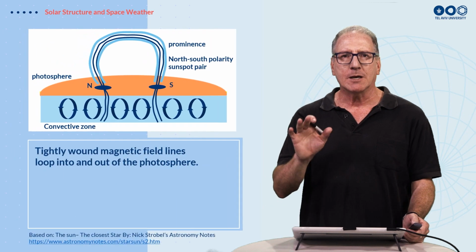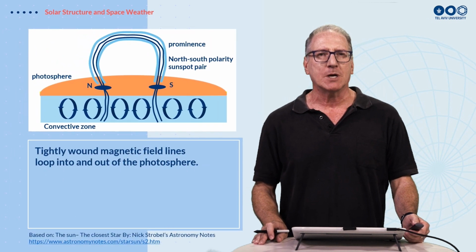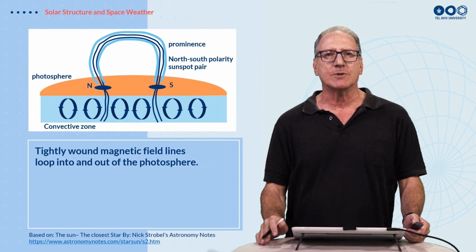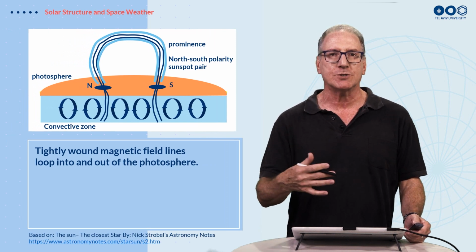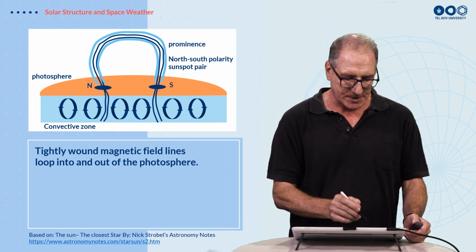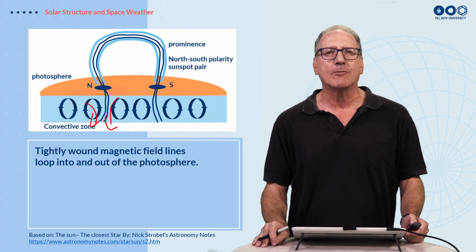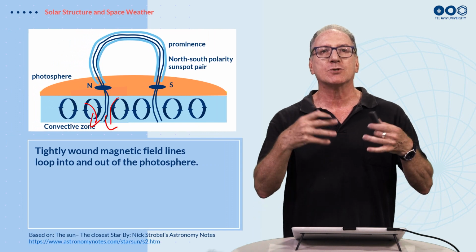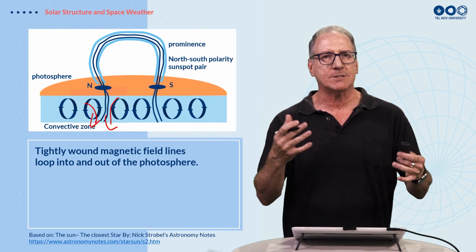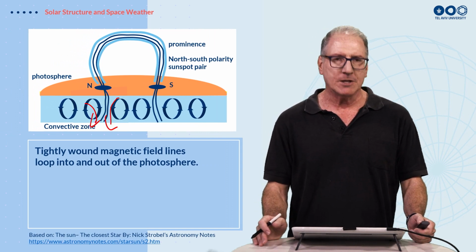So if we zoom in a little bit more to these sunspots, we can see that below the surface, in the light blue, we have these convection zones. And again, we have the sinking matter, which you can see here on either side of the sunspots. This is where we have cooler material, and hence the sunspots are darker at the surface of the sun.